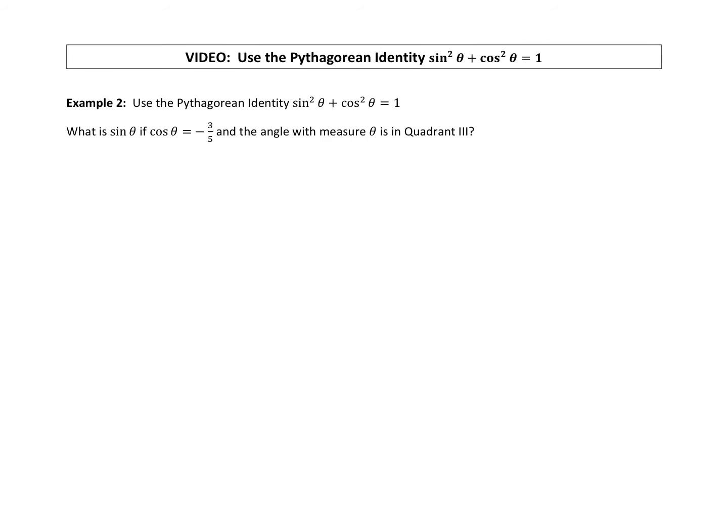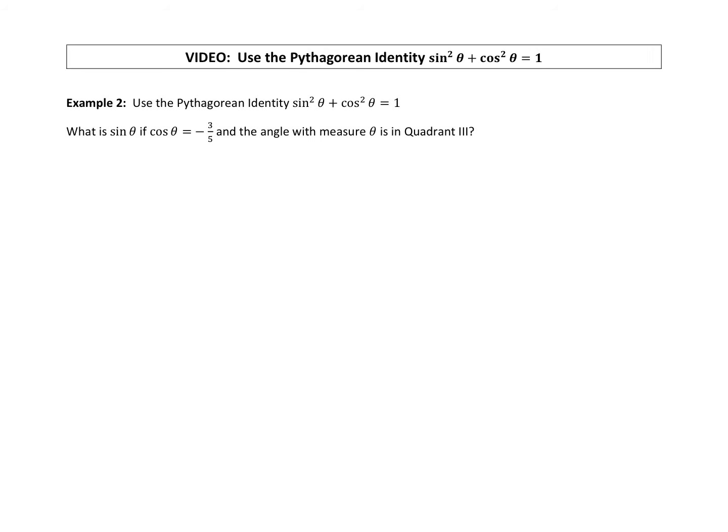Okay, so you guys are going to learn about something called the Pythagorean identity. It kind of looks like the Pythagorean theorem. You know, we're squaring something plus something squared equals 1, and 1 squared is 1. So this is going to come out of a triangle in the unit circle where your a squared plus b squared equals c squared, but c is the hypotenuse of your triangle, and in the unit circle the hypotenuse is